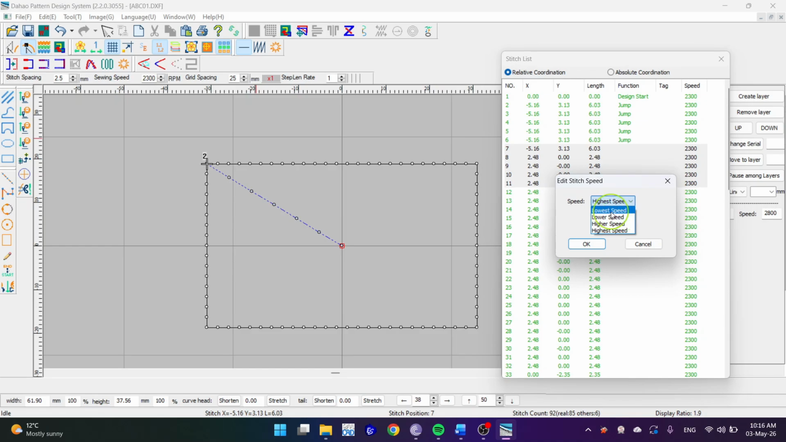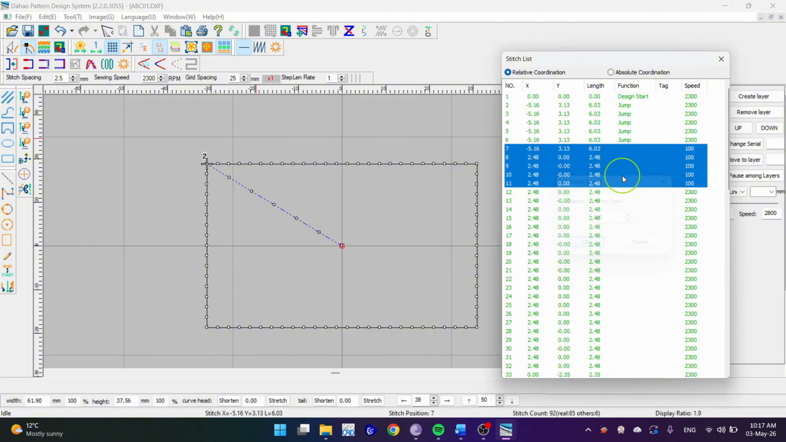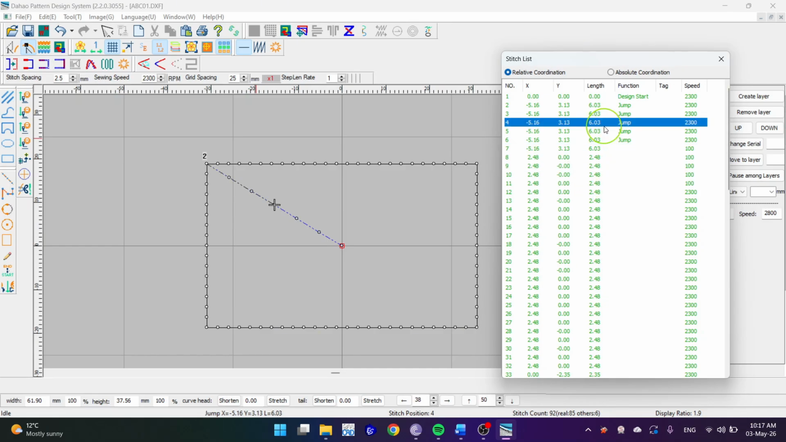Here you have a couple of options: lowest speed, lower speed, higher speed, and highest speed. Highest speed is the default. Lowest speed I suggest only for start and end of sewing, and lower and higher speed can be set on the machine on what RPM to be. So these are good for edges, or some part where the machine just needs to be sewing slower. So for the beginning I will choose lowest speed. Okay, so now this will be in low speed, the beginning,